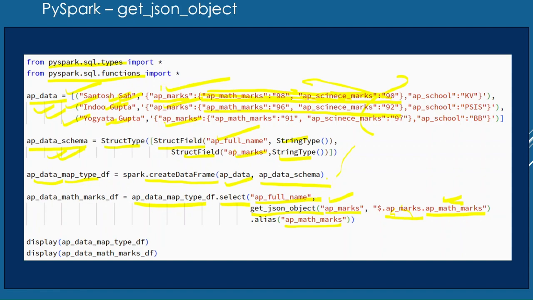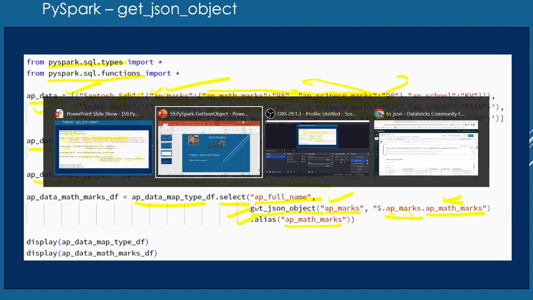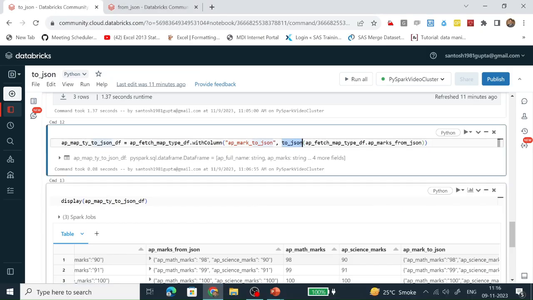I only want to make a change here to save time, because we have done this exercise in my previous video. So I am going to copy the code, and I will show you in this lecture how we are going to use the get_json_object function. So let's go to Databricks.